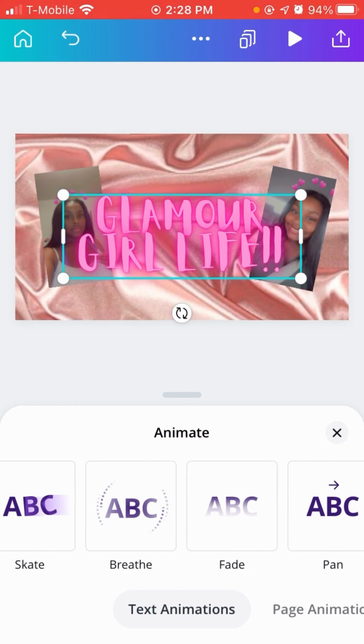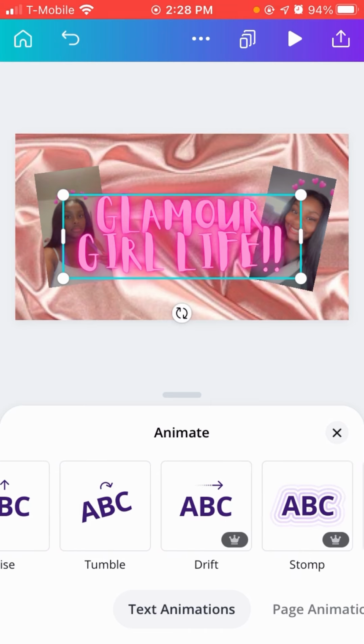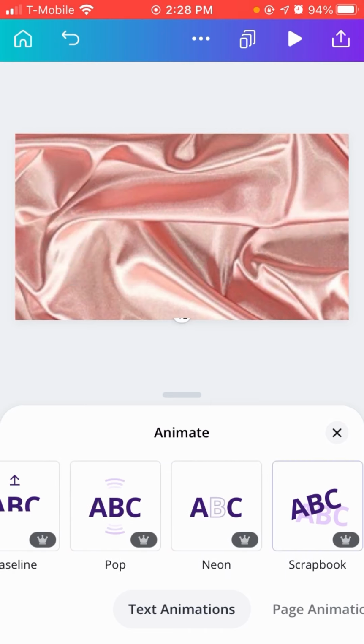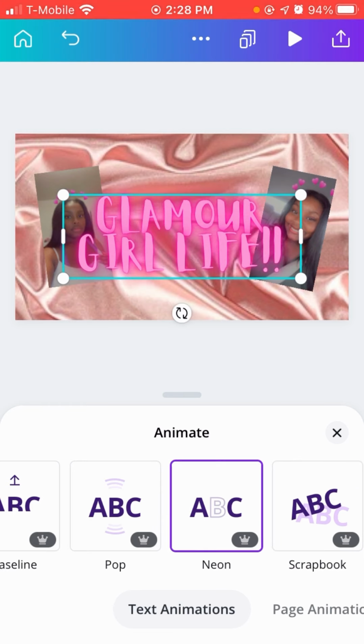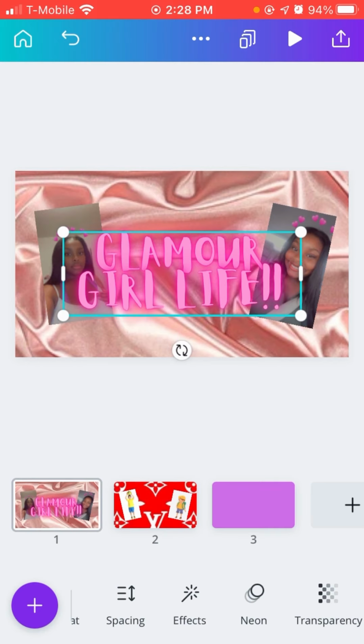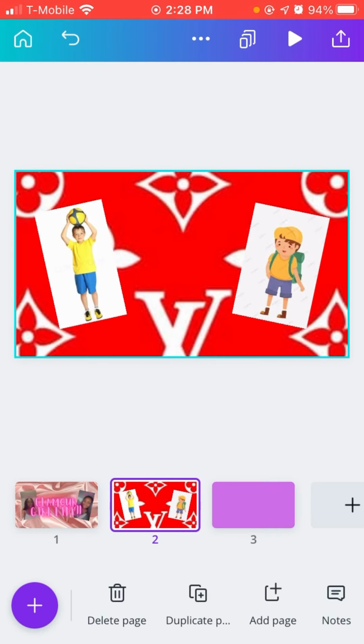Okay, so the one I'm going to do, scrapbook. Or should I do scrapbook? I don't know. Okay, this is just an example. So I'm just going to do neon. Alright, and for the boys, I'm just going to put